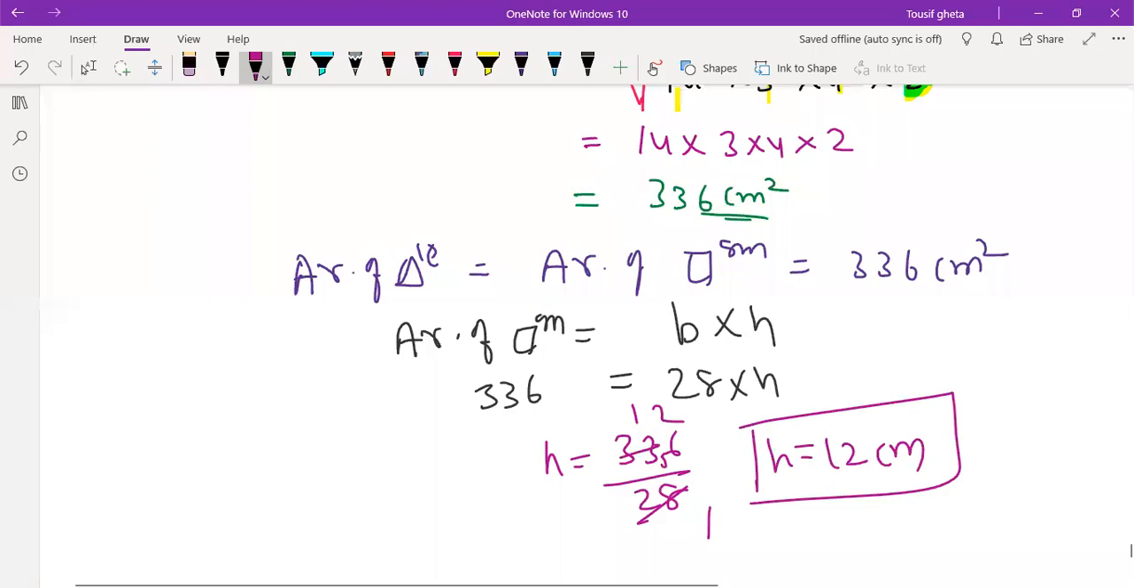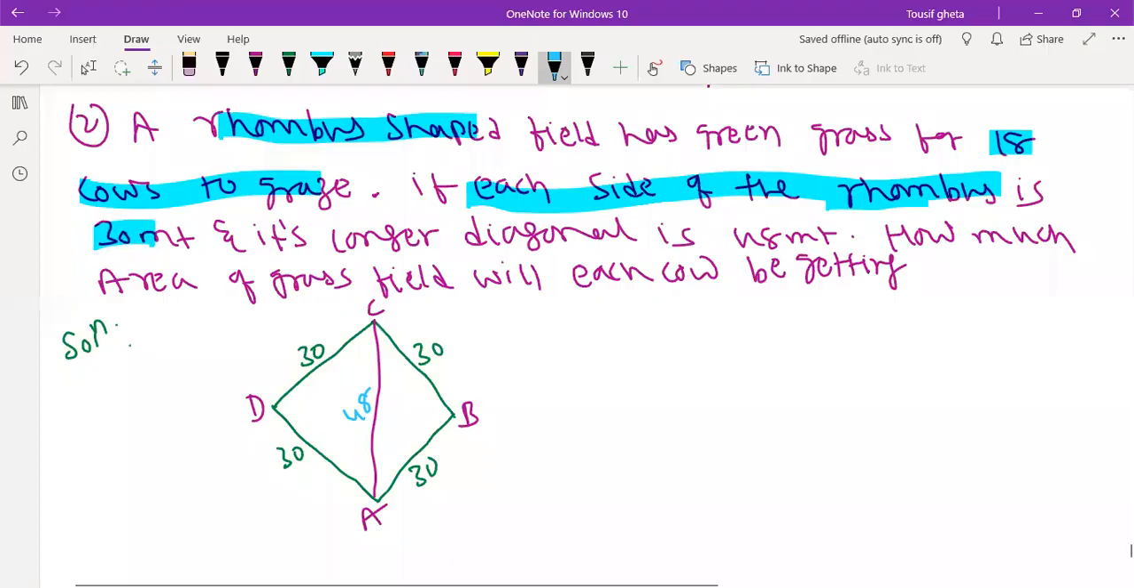Anybody having any doubt? How much area of the grass field will each cow get? So first, this is the rhombus. We have ABCD rhombus. All the sides will be equal in rhombus. Okay, all the sides are 30, 30, 30, 30. The longer diagonal they gave is 48. So either you can draw the AC diagonal or the BD diagonal and write down 48. Any one diagonal. Now you can see two triangles are visible. By using these two triangles,